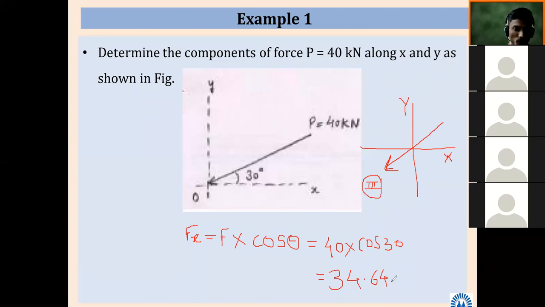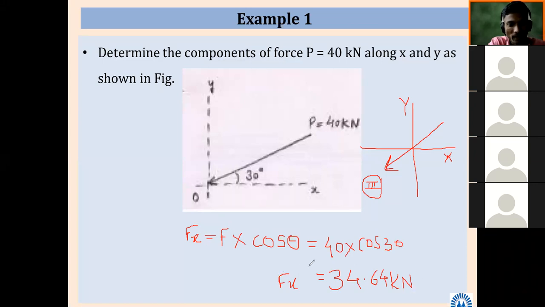So here there are two options. What will be the unit? Kilonewton. Now there are two options to show the direction of the force. Here direction is most important. Our answer is not yet complete, because we have not shown direction. We don't know where this force is going. If you see only Fx equal to whatever, from this we cannot predict where the force is going. Whatever your x component came, 34.64 kilonewton, from this we cannot predict the direction.